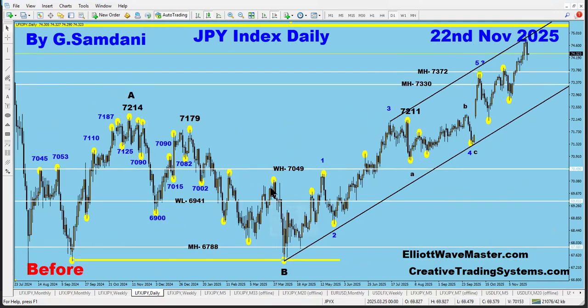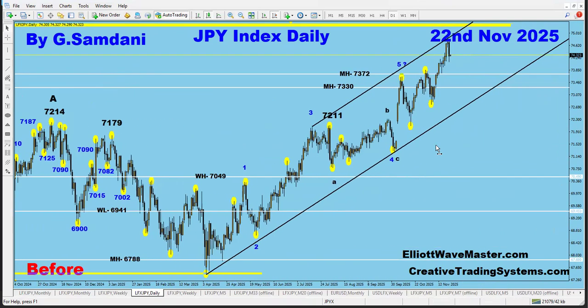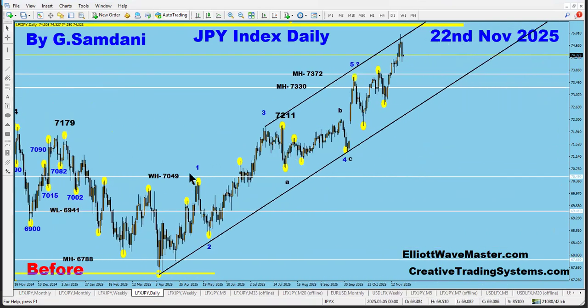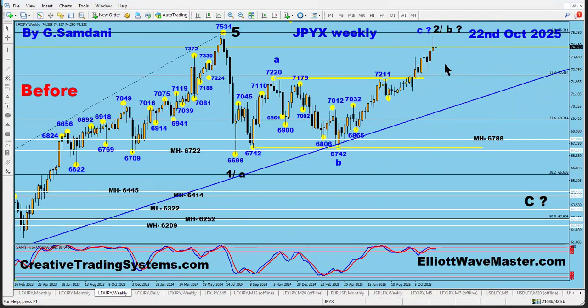So it started to go to the upside, then dropped one more time, made the double bottom. And since then, it is going all the way to the upside and it's still going. And now we are here. This could be like wave 1, 2, 3, 4, and 5, ending wave C. If that's the case, that this could be A, this whole thing is B, and then we need to drop for wave C. So this is how the current chart looks like.